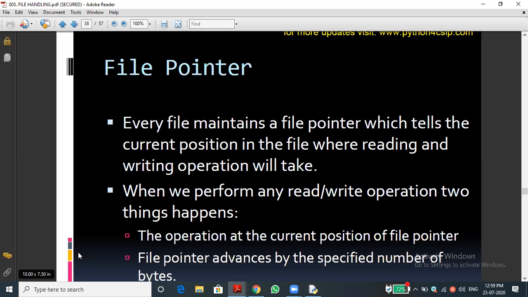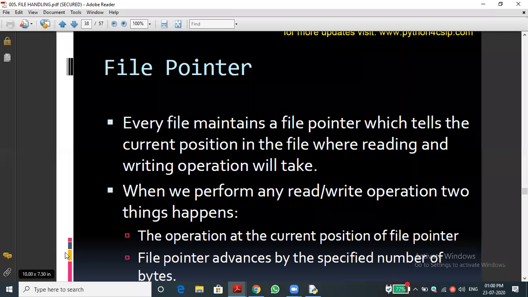Suppose we open a file in read mode. That is a very important thing. Already the file contains some data, so the pointer, which for our understanding we can take as a cursor, though it's not a literal cursor, is a memory location up to where the data or characters are read or already accessed. That is the file pointer. It will be at the starting position.